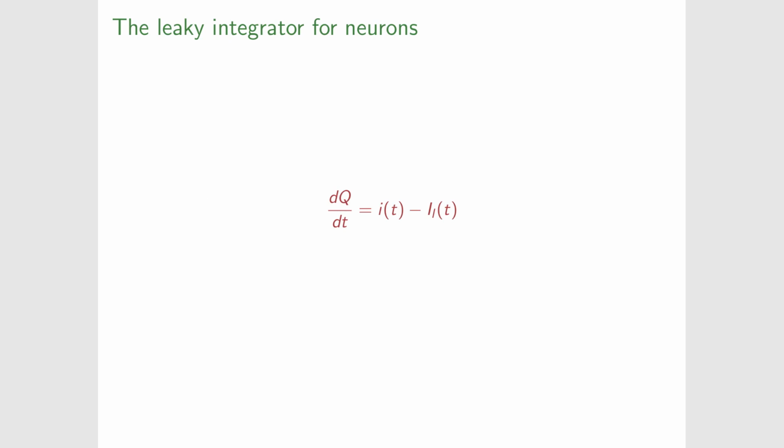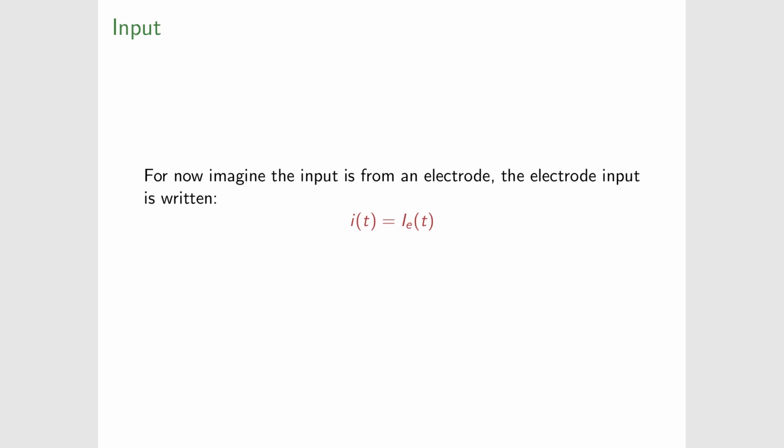So the charge is Q, and the rate of change of charge, how does charge change with time, is dQ/dt, and that's equal to the current coming in, in the case of the experimental setup through the electrode, in the case of neurons in the brain, predominantly from the dendrites. The charge ultimately comes from interaction at the synapses. Either way, we have some current coming in, but we also have some current going out, which is this I sub L. We're going to call the electrode current big I sub E. That's just traditionally what it's called. The E is standing for